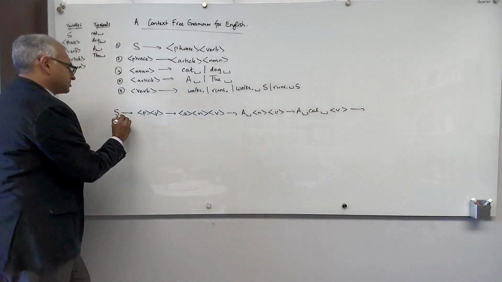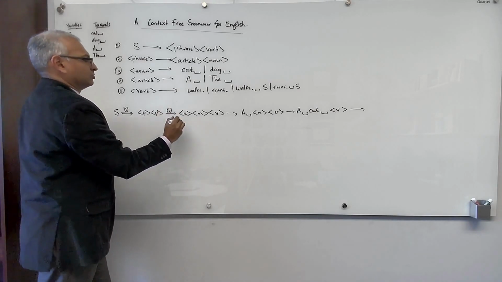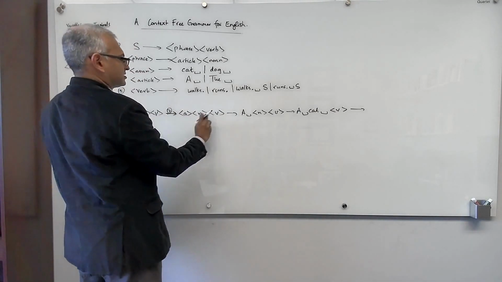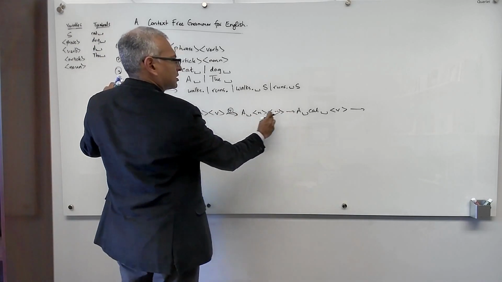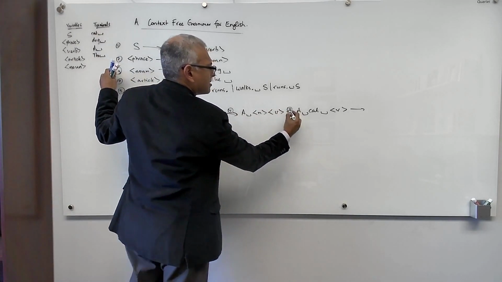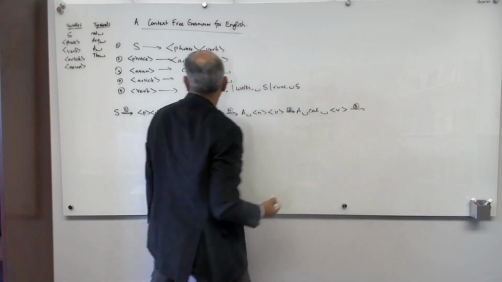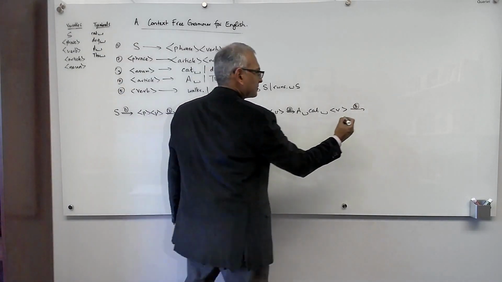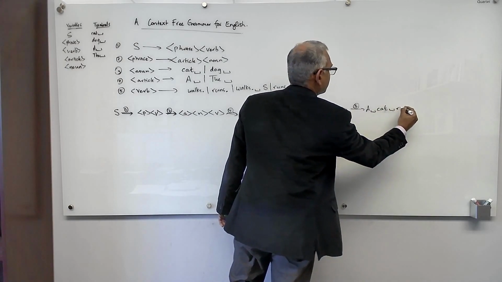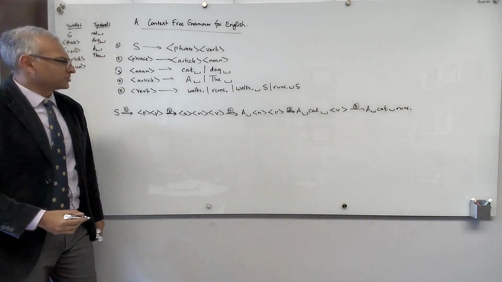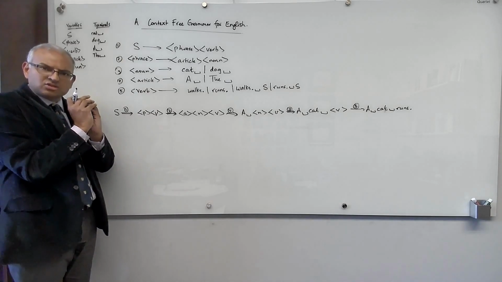Okay, so let's put the rule numbers. So this guy is rule number 1. This guy replaced the phrase. So this is rule number 2. This guy replaced the article, so that's rule number 4. This guy replaced the noun, so that's rule number 3. And finally we're going to replace the verb, so rule number 5. We're going to replace the verb with runs. So we get a cat runs, dot. And so you see how this beautiful context-free grammar can be the beginnings of a formal methodology for